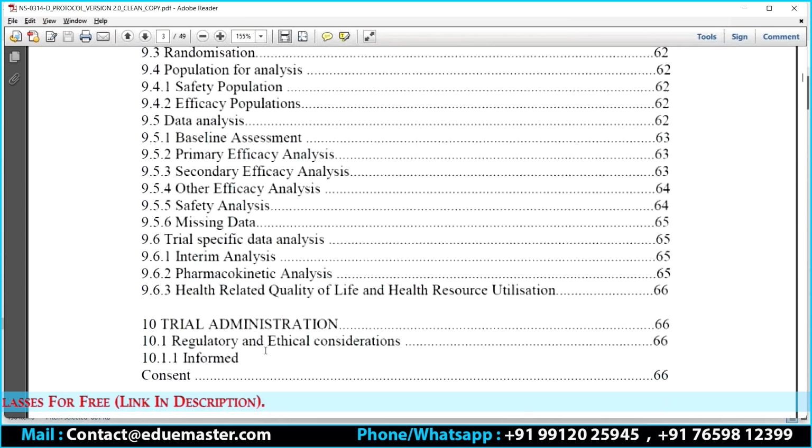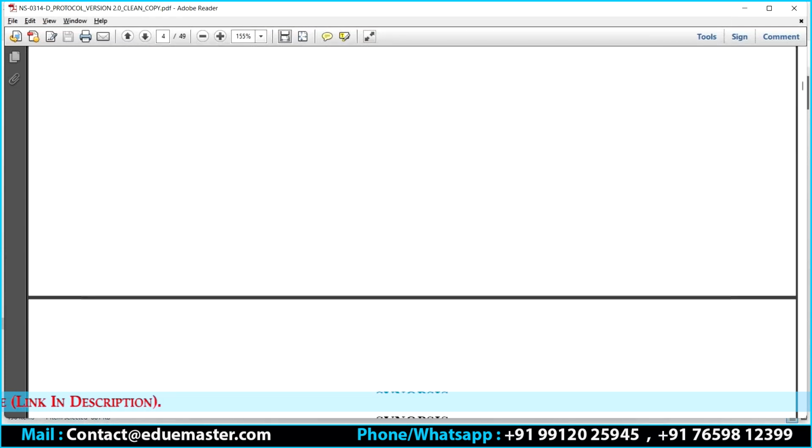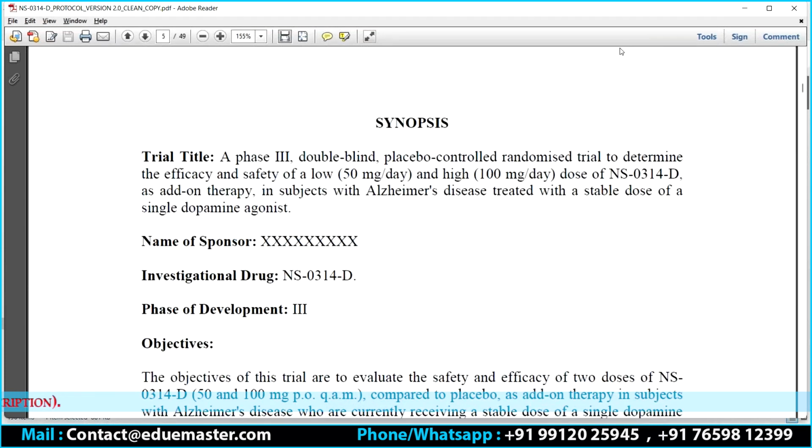Not completely, at least most of the information you might be aware of now. So the current element is going to be a phase 3 element. Double blinded. What do you mean by double blinded? Double blinded is nothing but the patient is not aware of it, and the investigator or the analyzing team is not aware of what treatment is happening.